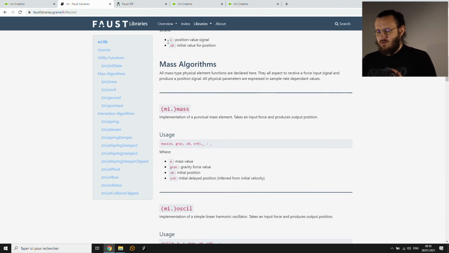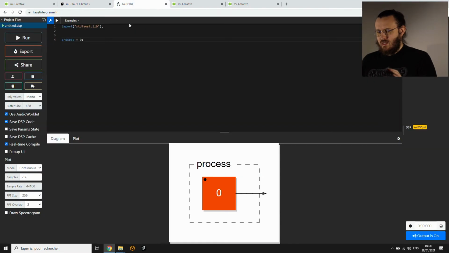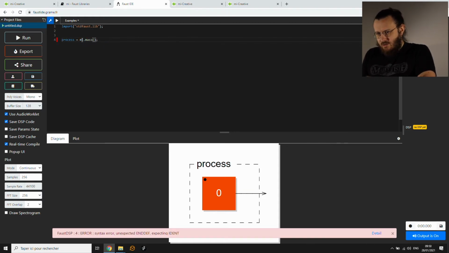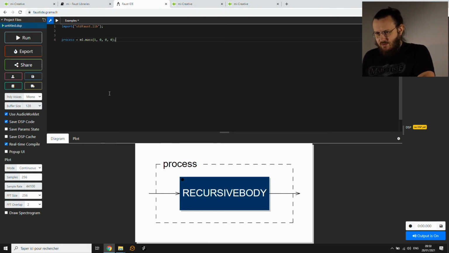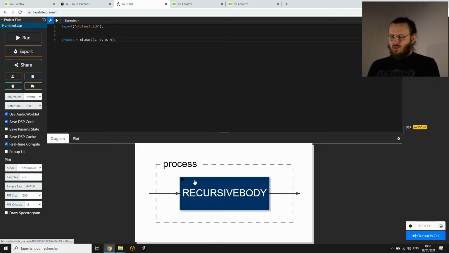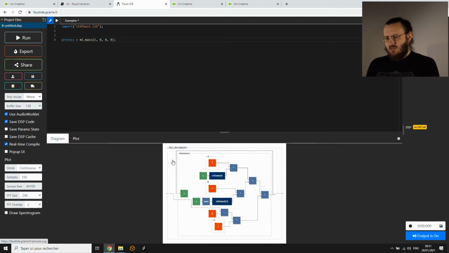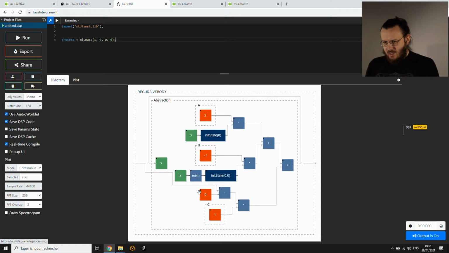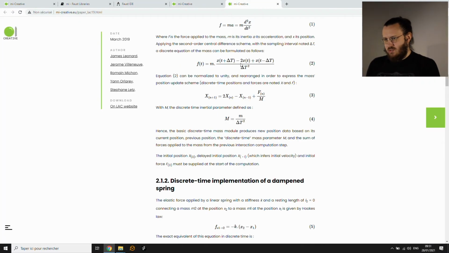And what we're going to do is go straight in and have a look at our basic mass. So mi.mass. I'm not going to explain the parameters just yet, but just to show you how it's built within Faust. It's designed as a recursive body abstraction. And this is used with a letrec function within Faust, which allows us to basically write this equation 3 as